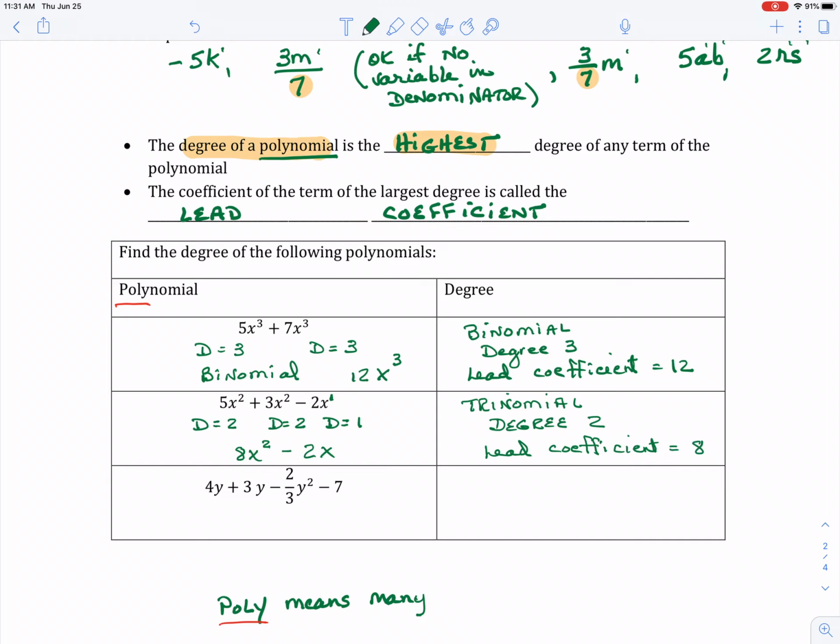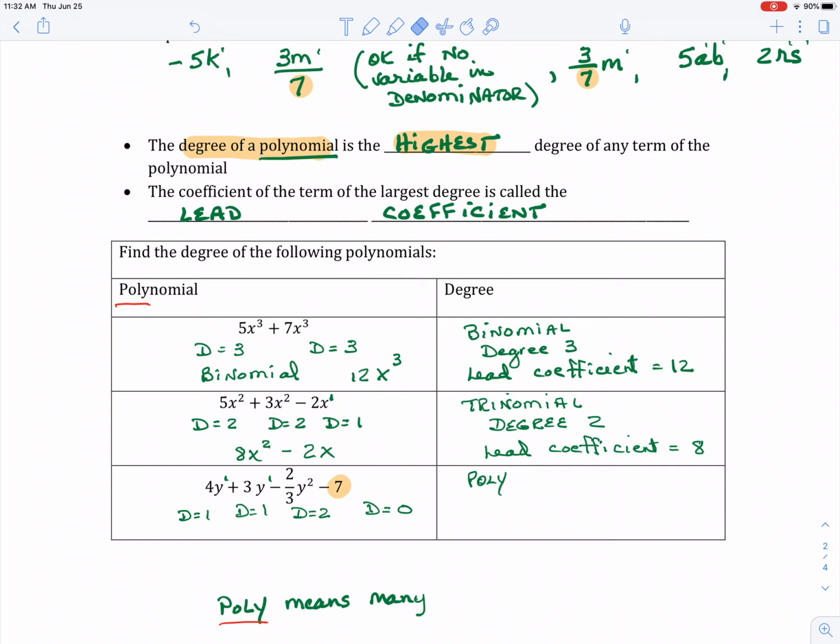Okay, this last one, the first term is degree 1. Second term is degree 1. Third term is degree 2. And the last term is degree 0. Remember we said terms that were constants, no variable, would have a degree of 0. So this is an example of a polynomial because it's got 4 terms. Anything more than 3,